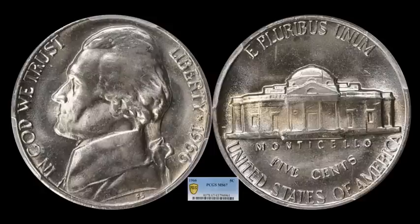This one right here sold for $2,925. I know 1965 is a really tough date. In a similar grade, I've seen them go for as high as $4,000 without full steps. So that's something to keep in mind. Always look out for these in old Dansco albums, Whitman albums. I found a few of these. I own a few